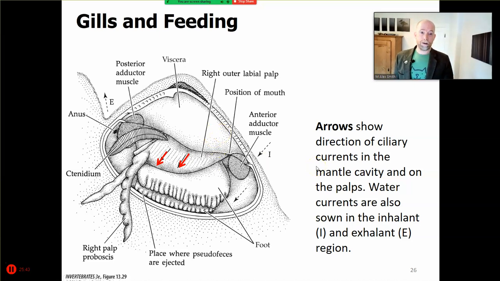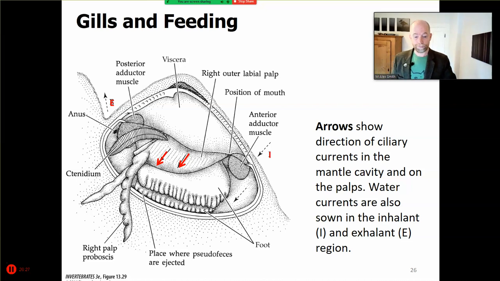So we've got ciliary currents. This is an ancestral trait of the mollusks that is taken advantage of to a large degree here in the bivalves. So the direction of the ciliary currents in the mantle cavity and on the palps. The water currents we also see here because they arrive and depart through the inhalant canals. As the water is brought in, it's brushed across the mantle gills. There's the exchange of oxygen, but there's also in these ciliary currents the capacity for extracting small bits of food